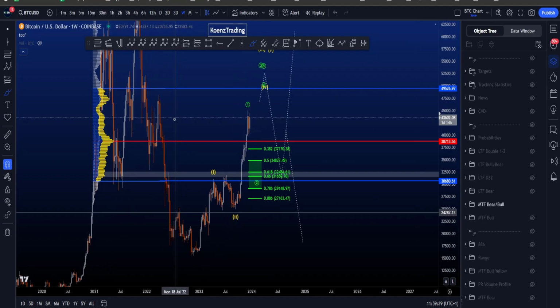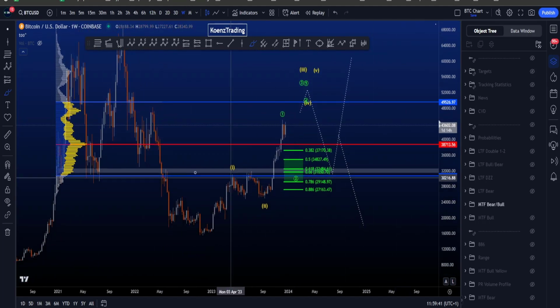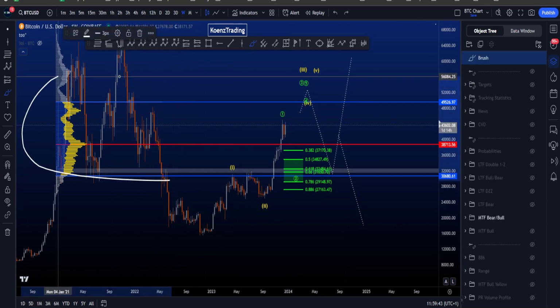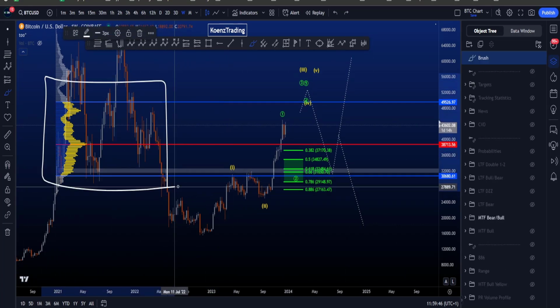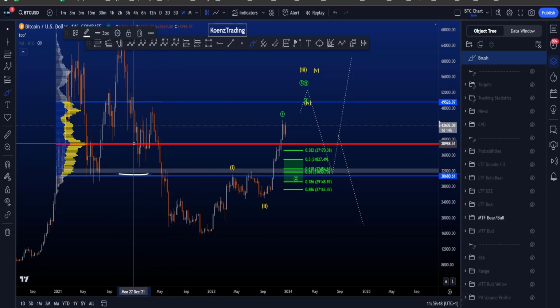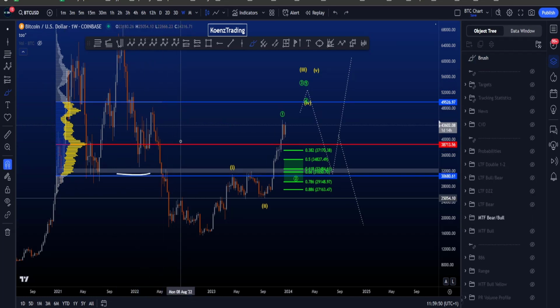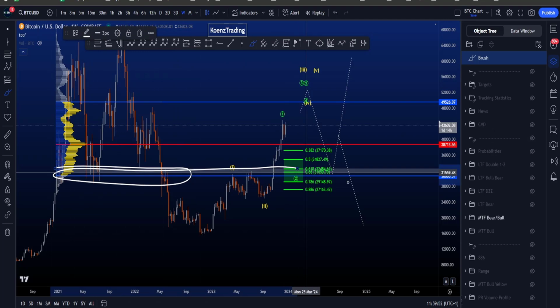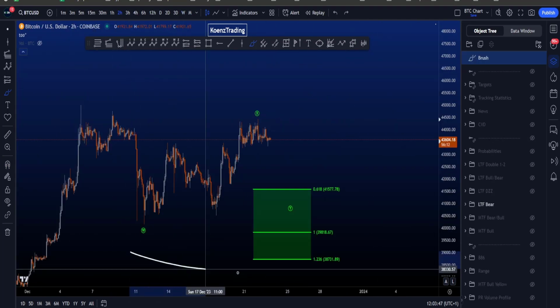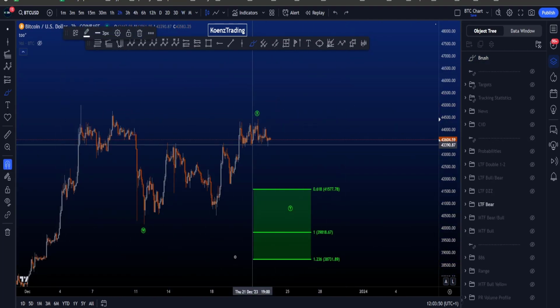And if you're thinking, what are these lines? These are lines and the support resistance area of this volume profile here of 2021. The value area low, the point of control, and the value area high, with the white box being an important support resistance area. If we then zoom into the range that we've been in for a while now, then one